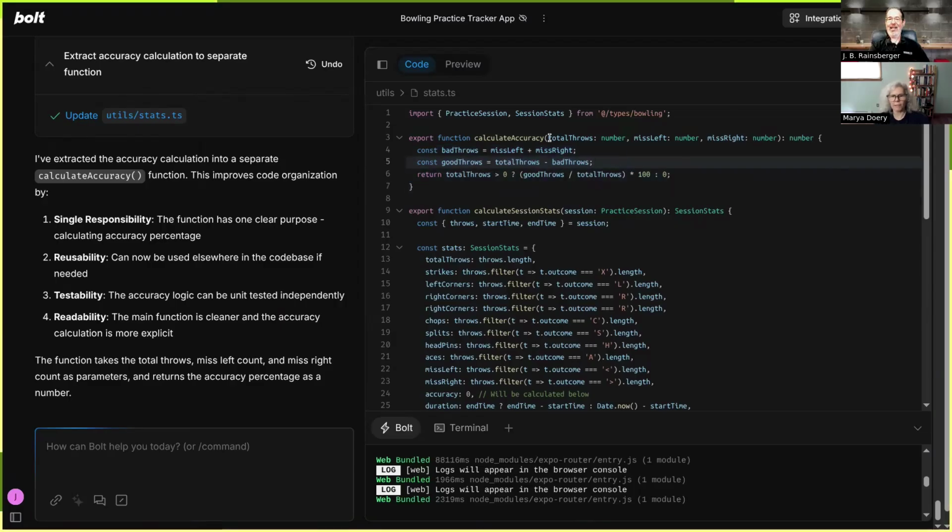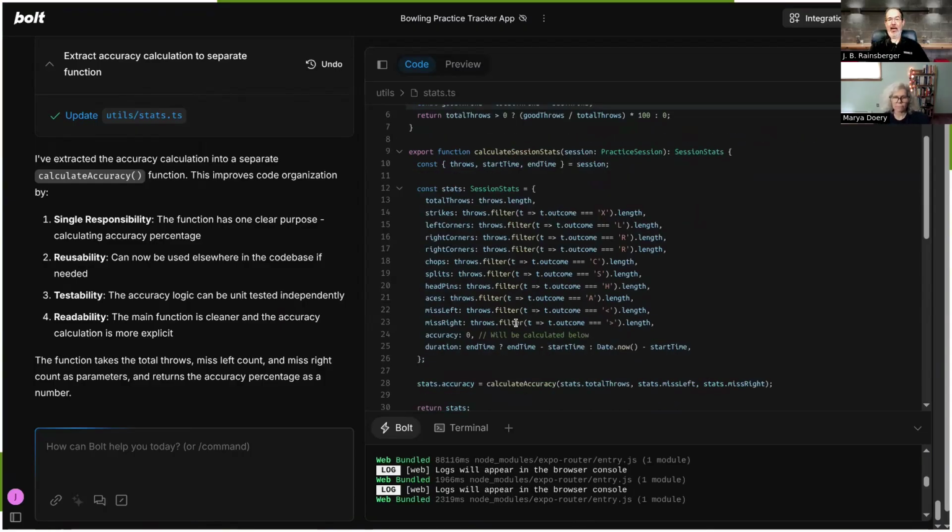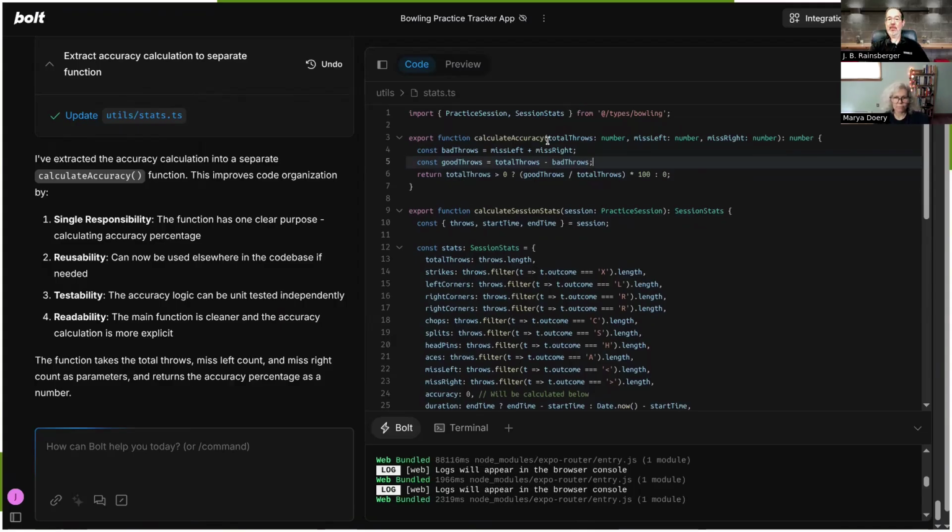Yeah, and it makes it clear that it only relies on those three numbers. What's kind of interesting about that is, when that happens, either we choose to do this, or in this case, an LLM chooses to do it for us. It makes me wonder whether those three values together have some meaning in the domain on their own, separate from the rest of the session stats. And I honestly don't know.